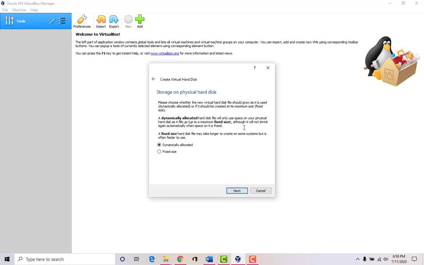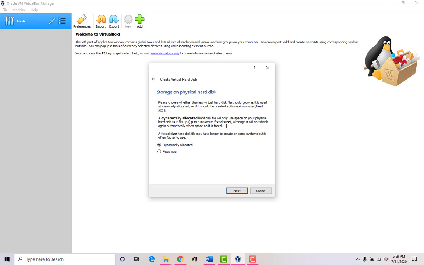Storage on physical hard disk. This is going to be dynamically allocated. What this means is that it's not going to eat up those 50 gigs right away. It will basically grab as much as it needs up to that fixed amount that you selected.